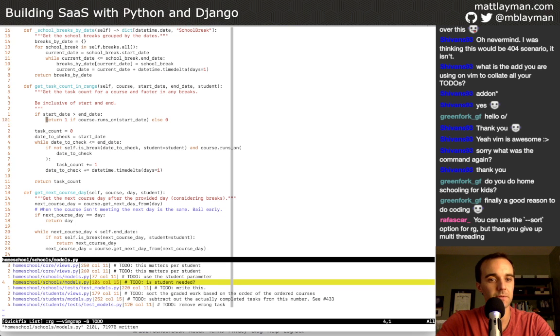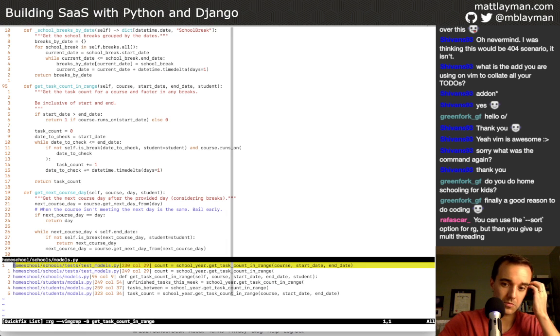So the actual work in this method is, as you can see, pretty trivial. There's nothing that really needs to change on this aspect. But the tests are going to break. I can immediately see 2 tests that'll break in the test models. We need to go where this is called and make sure that we can pass in the student for all these spots. It looks like it's in the student's models, which means the thing we need is going to be self, which is good because it should be an actual instance of a student.